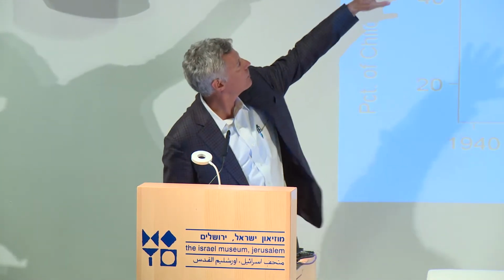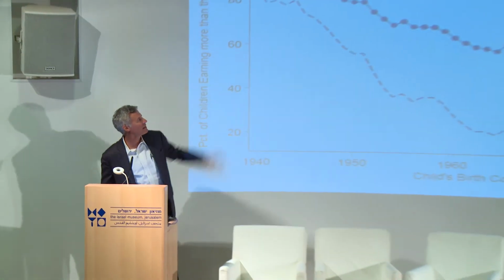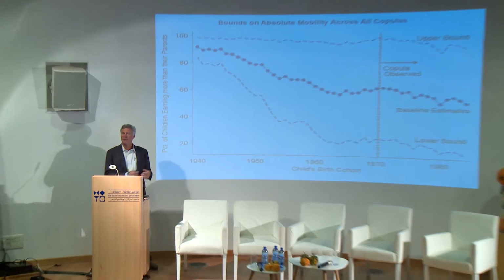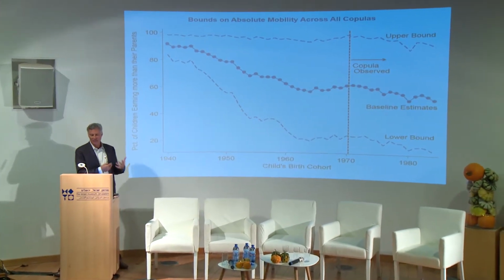They have one restriction, which is first order dominance, which is that children of high income parents tend to do better than children of low income parents. So they impose that constraint when they do their linear programming problem to solve for all of the possible bounds. And this is what it looks like, where the dashed line on the bottom is the lower bound and the dashed line on the top is the upper bound in terms of absolute mobility generated by the range of feasible